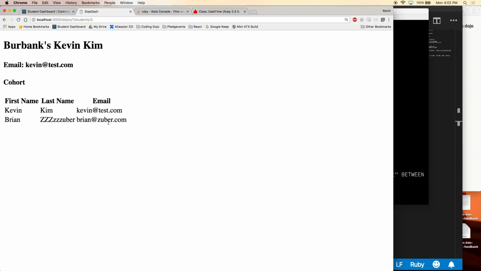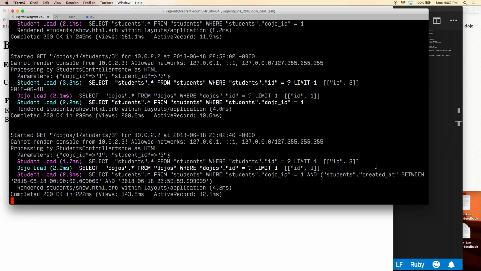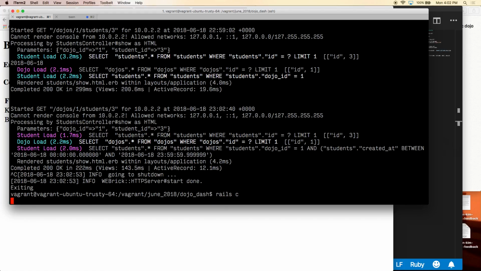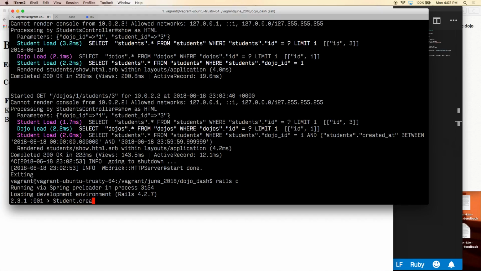So if I refresh the page, okay, so those are the people in my cohort. What can I do to mess with this? Let's say I created somebody, I'm gonna manually create someone just to test. So if I say Student.create, Dojo is, what is this? Dojo.find 3. It's the third dojo. Oh no, it's the first dojo. And I'll say first name Bobby and last name